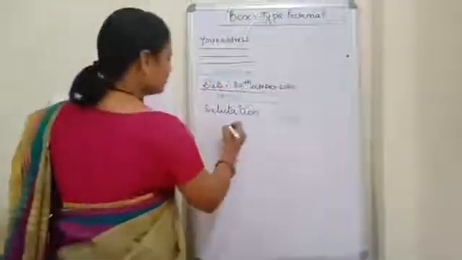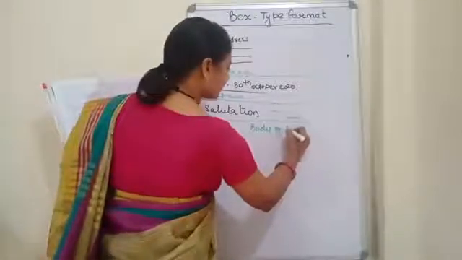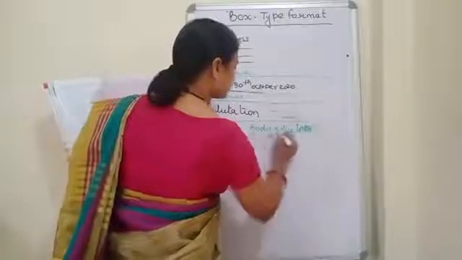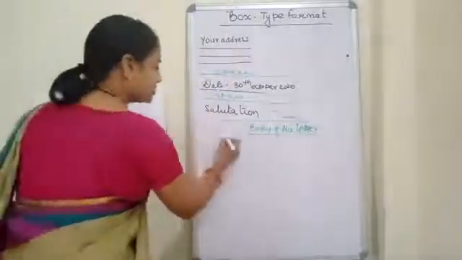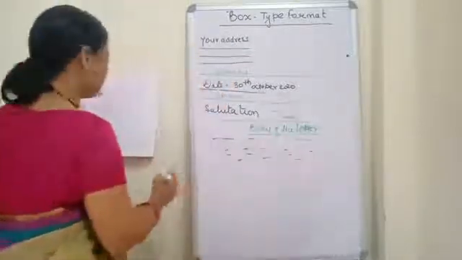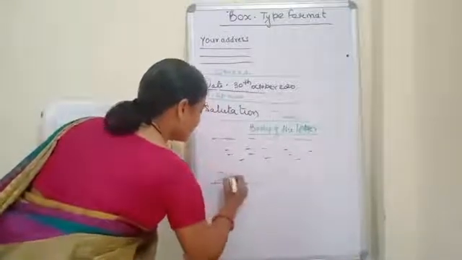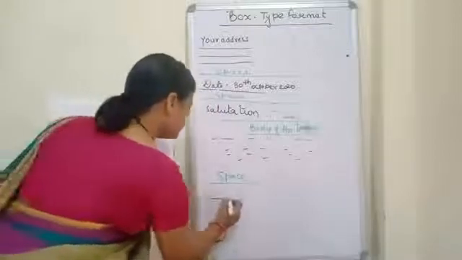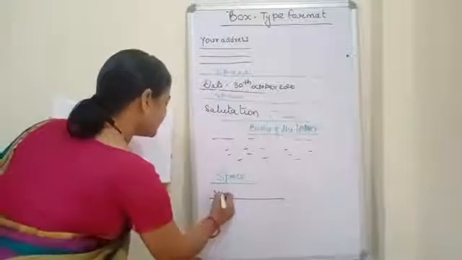So, body of the letter. That is the subject matter. Now in case of the body of the letter, after finishing, once again the same pattern: 2 to 3 short paragraphs. Once again, after coming here, leave 1 space, and after leaving space, you give the subscription, that is yours